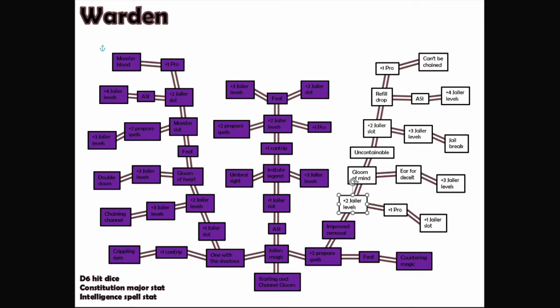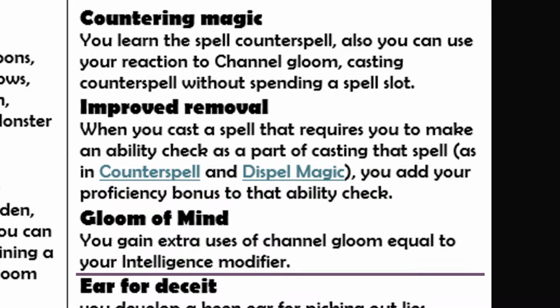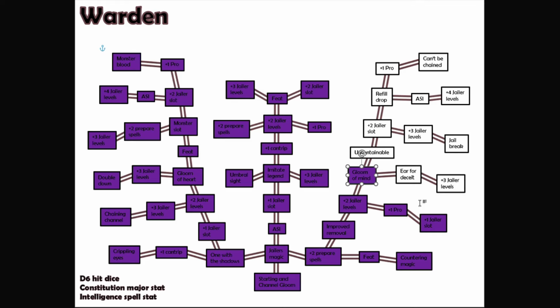We get another +2 to our jailer levels. We can grab a proficiency bonus increase, and we can grab another +1 to our jail slots. And then we can grab Gloom of Mind. This is kind of the opposite of Gloom of the Heart in the sense that it uses your intelligence modifier to gain you extra uses of Channel Gloom instead of your constitution modifier. Now, your intelligence modifier is your spellcasting stat, which means Gloom of Mind is actually the stronger of the two,